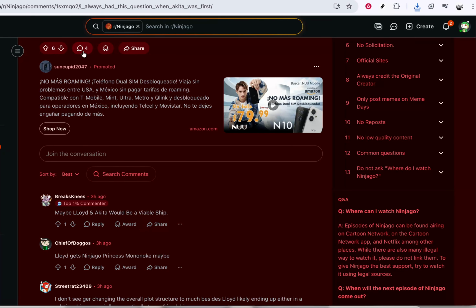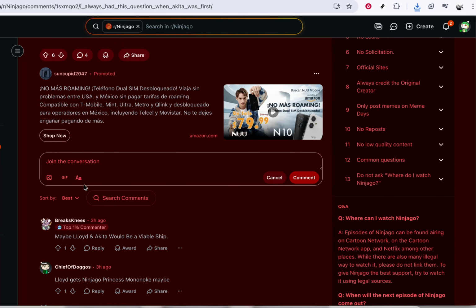Once you've selected a post, scroll down until you see the comment section. Under the post, you'll usually see a box that either says add a comment or something similar, depending on whether you're using desktop or mobile. Go ahead and click inside that comment box. As soon as you click, the comment editor will become active, which is what allows Reddit to show you more